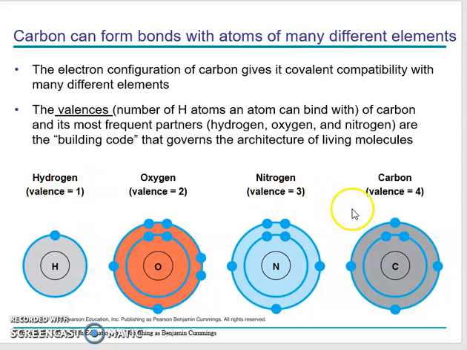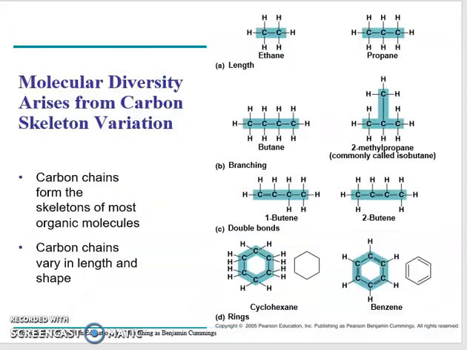So, carbon could bond with 4 of these or 2 oxygens. You just got to kind of like work out the electrons here. Again, I don't want this to turn into chemistry class, but I do want you to understand that carbon is the most versatile out of all the elements, at least in the first couple rows of the periodic table. And that's why we think, anyway, living things are based on carbon compounds.